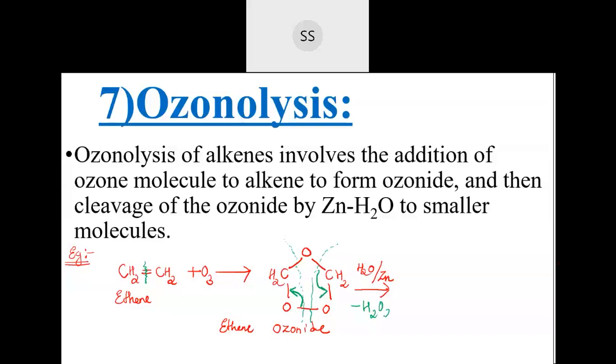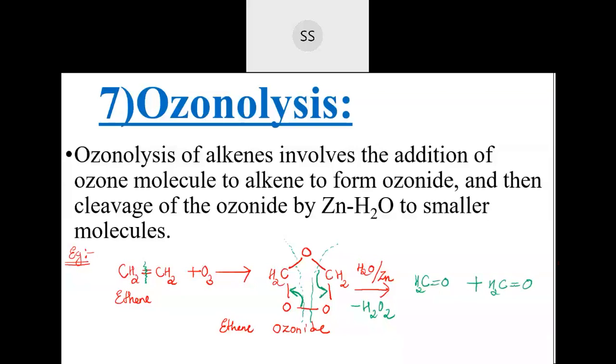So you will get CH2, CH2 and then double bond oxygen, plus the other side you see there is CH2, then double bond oxygen, CH2 then double bond oxygen. That's for carbon. Okay, this double bond will be there on the carbon. You can write it like that only. You can write like this, CH2 double bond oxygen. Okay, it's aldehyde.